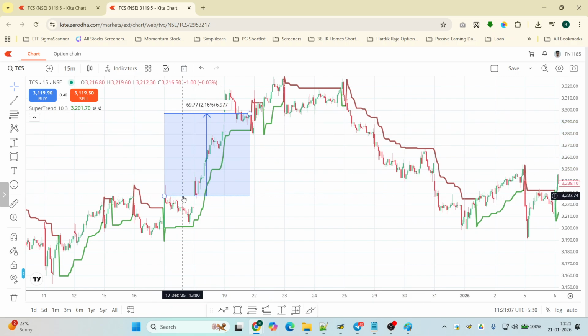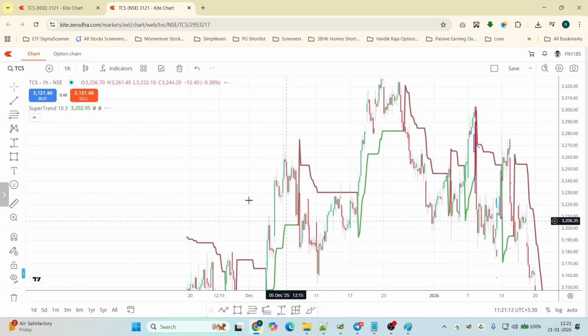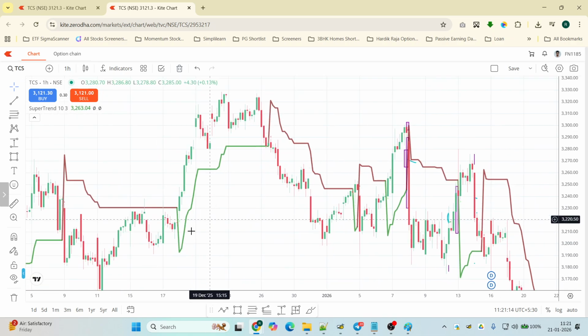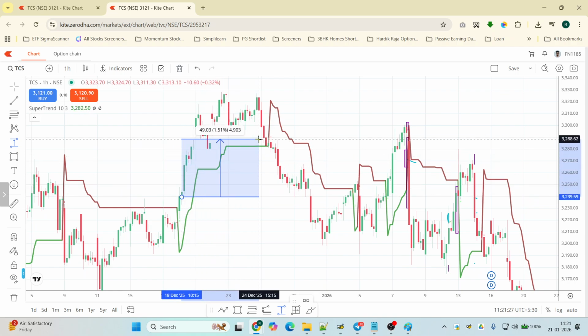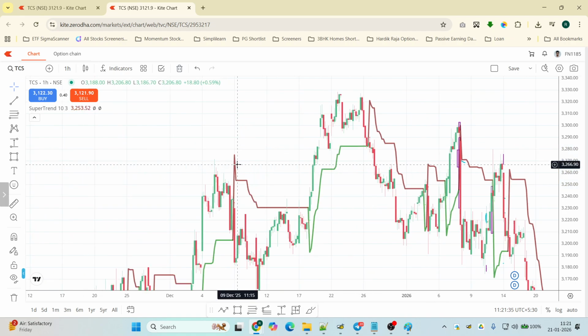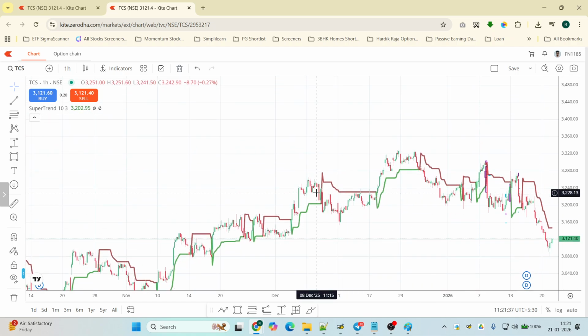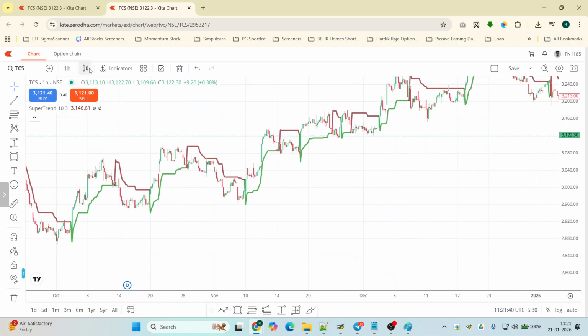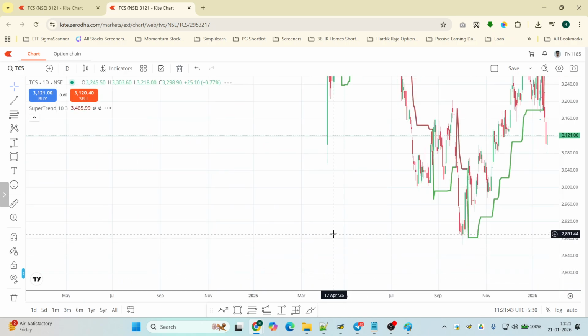So now let me show you the power of super trend. If you go to a higher time frame, like a 1 hour time frame. Okay guys, so super trend has changed color here, which means this green candle, if you had entered here at the opening of the next candle, until the super trend changed color, you could have captured somewhere around 1.5%. And as you go up the higher time frames, say for example, if you go to a day time frame,